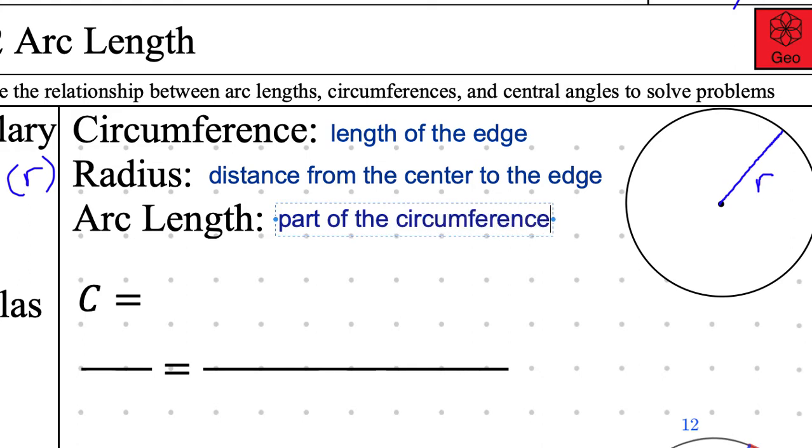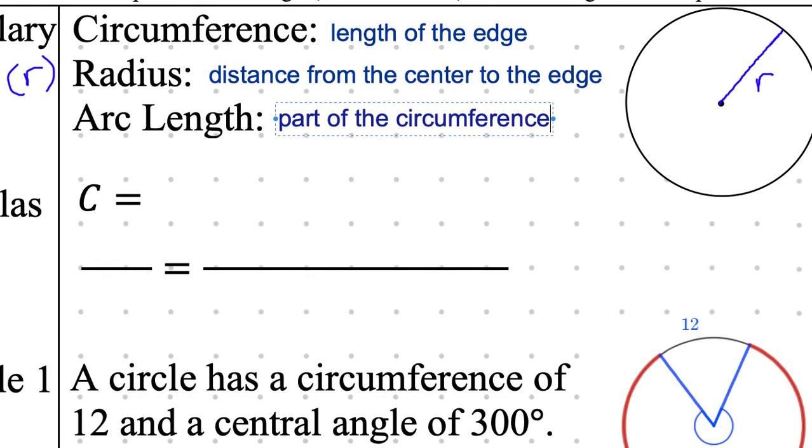That means if I am, again, that warm-hearted, lovely ant that's walking around this edge of the circle without any sort of destruction happening, I am walking from here to here. How far do I walk from here to here? That is the arc length. So I'm talking about a piece of the circumference. Notice that there's no degrees. Now I'm talking about how many feet or how many yards, how many meters am I walking? It's some length, some distance.